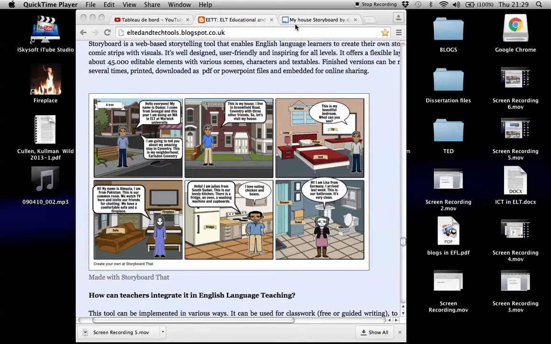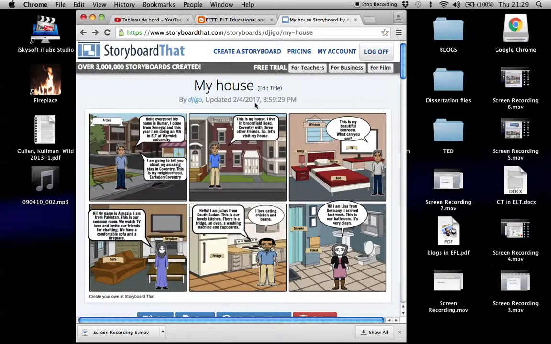Without any further ado, let's have a look at the web page of Storyboard itself. You just need to log on to www.storyboard.com, and then you can just create your account. I have already created my account. I'm already logged on. So create your account and use the free version of Storyboard, which really enables you to